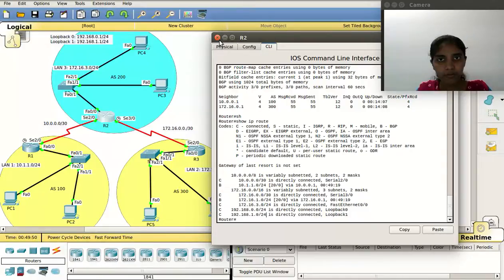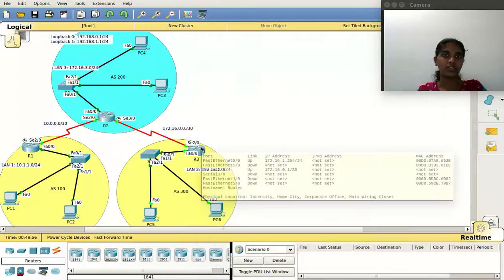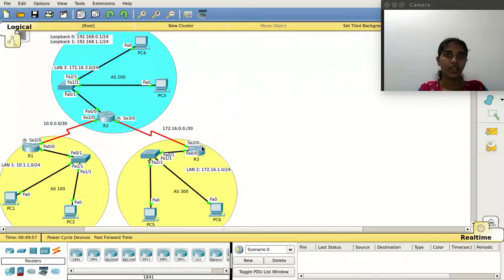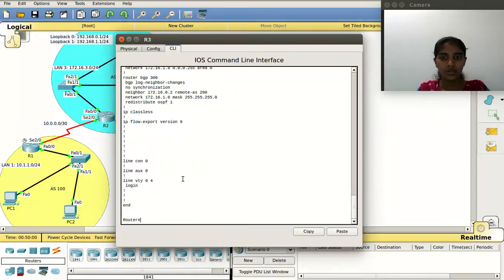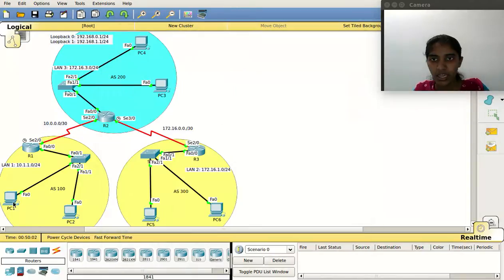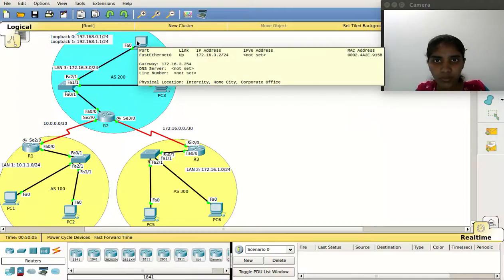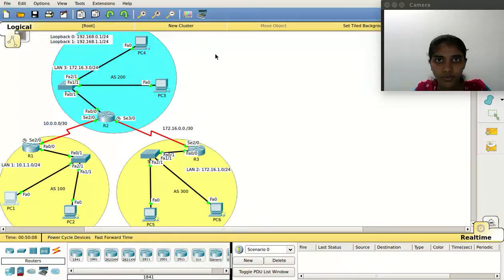Similarly, if we go and check the other routers, we will see that the routes from the other autonomous systems will be sent to them by means of BGP, so they will be shown by the character B. So let's now check the end-to-end connectivity of the devices. For example, this PC address is 172.16.3.2. So from here let's check